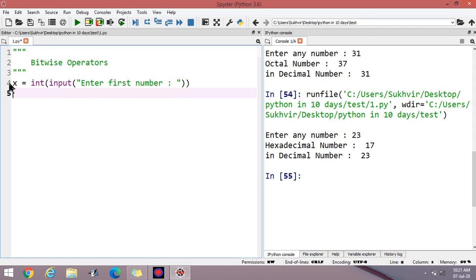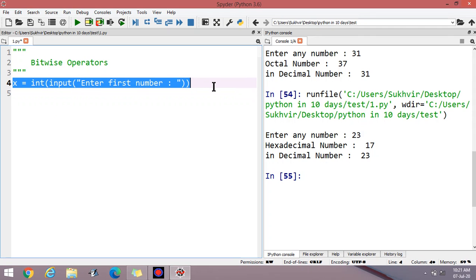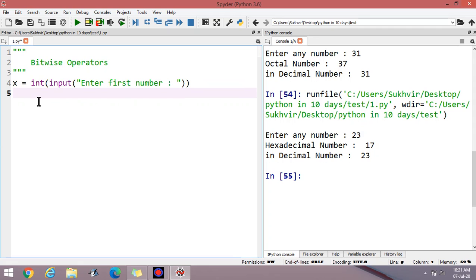Then enter the second number, you can copy and write here second number, enter second number, here you can write y.